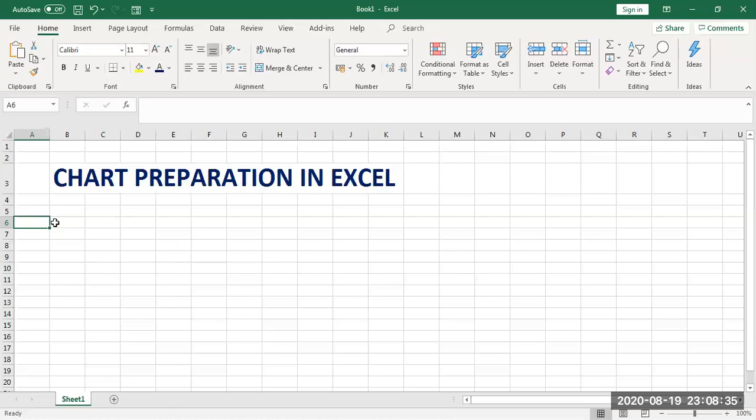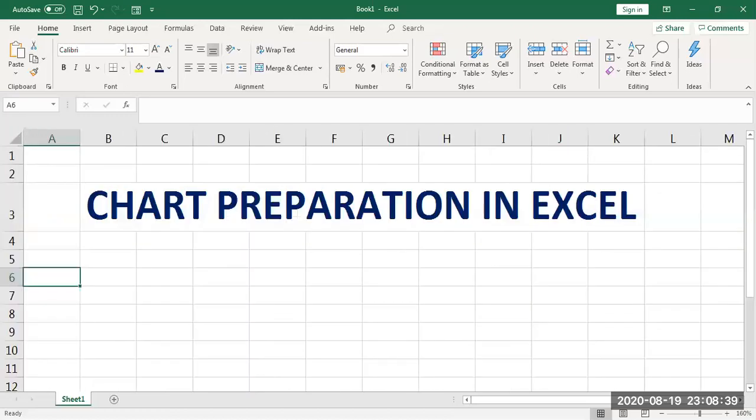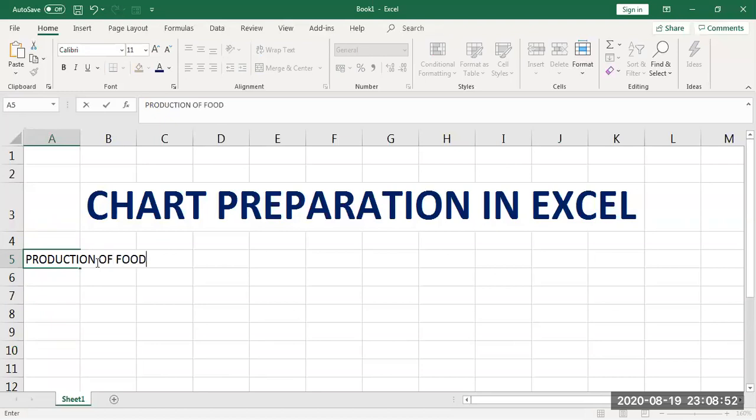To give an example, let me take the production of food items for 4 years. So, production of food grains for the years 2016 to 2020.